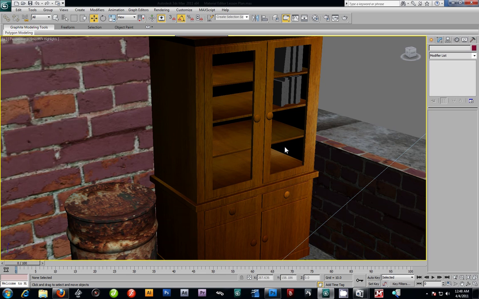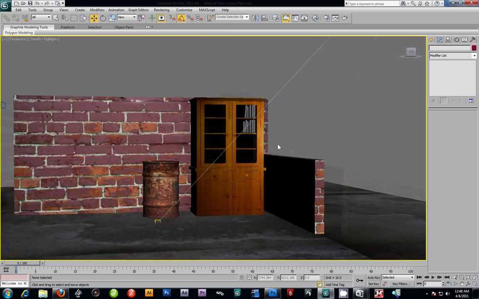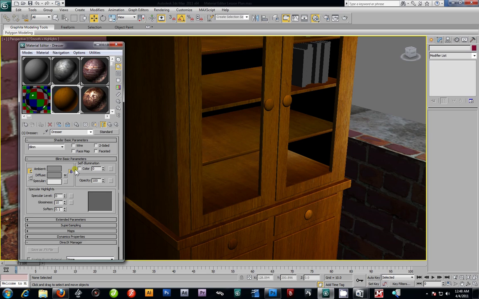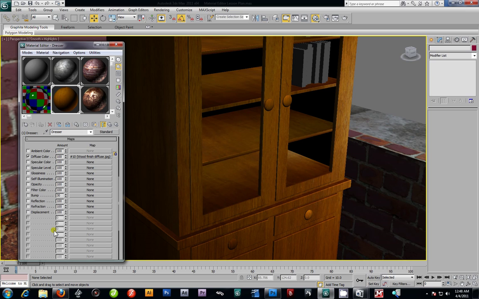Like I said, if we want to get into multi-sub objects, now we have a multi-sub object, and I can start calling this book 1, book 2, and so forth, and I can go grab some textures online, and things would be hunky-dory. But now if I wanted to, and this lesson's getting pretty long, I can create the bumps and the speculars